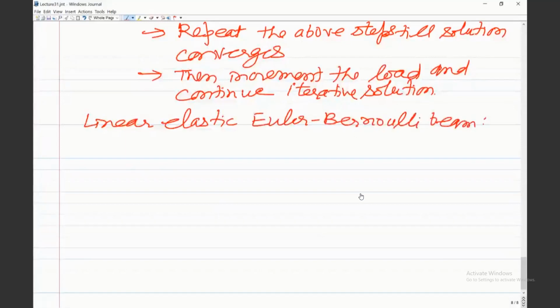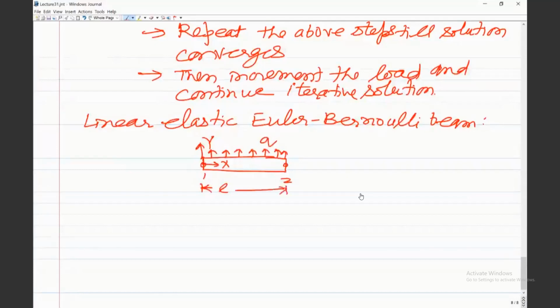So this is the second example I am considering. Again, I will only discuss the element level governing equation. So let us say you have the beam element, and this is the x coordinate and this is the y coordinate, and the beam is subjected to this distributed transverse load, that is q, and this is node 1, this is node 2. The length of the element in the initial undeformed configuration is small l, and when this deforms,